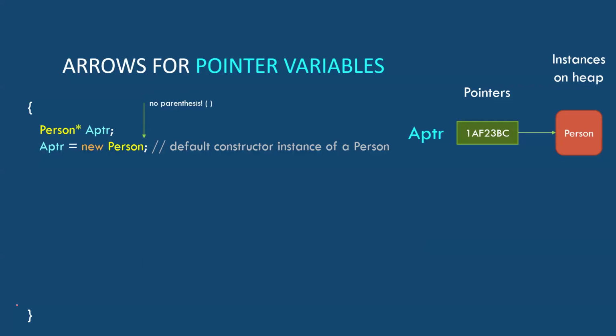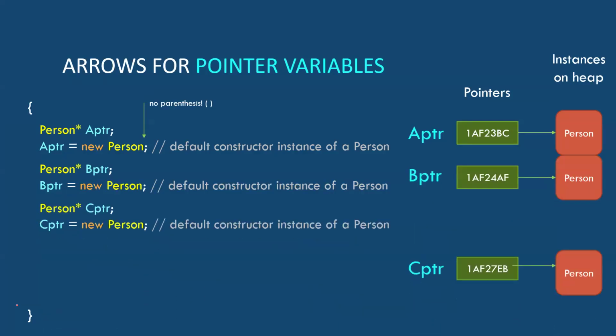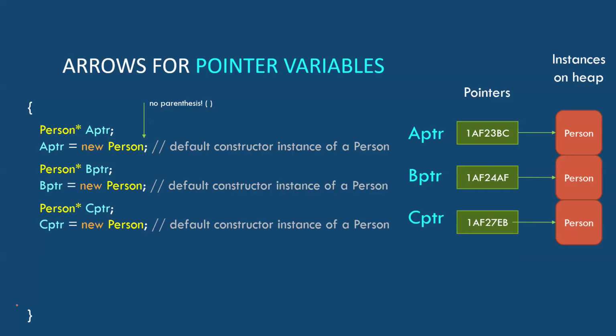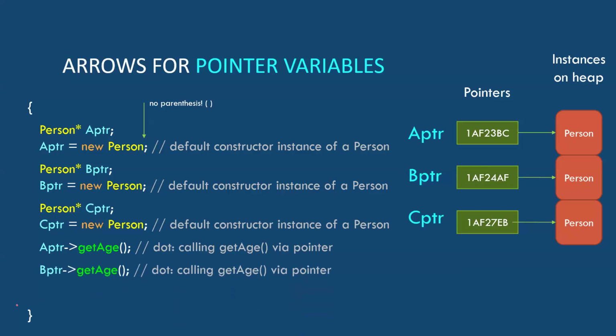So one scenario automatic, this scenario not automatic. This is what we call dynamic, right? And we can do this all day long, right? Create lots and lots of stuff, okay? And then when we call the methods, we follow the arrow, okay? It's the faraway tiger situation, okay? Different than the dot, okay?